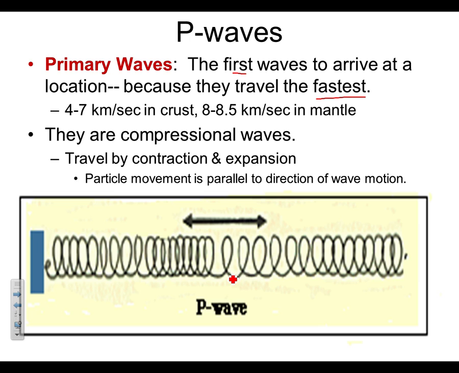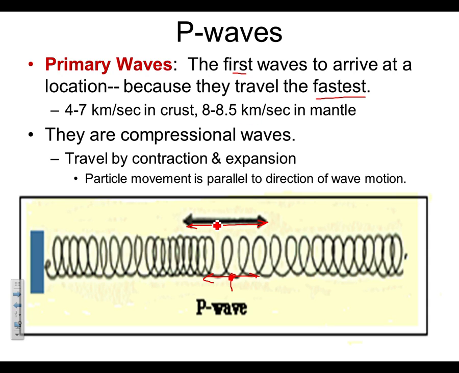So I'm going to tie a little string on the slinky that I used to demonstrate. And you're going to see that as I compress the slinky coils, the wave energy is going to go back and forth like this arrow. And then the particle movement is also going to go back and forth. So the particle motion is going to be in the same direction with this contraction and expansion as the wave energy. We said, why do they go faster in the mantle?